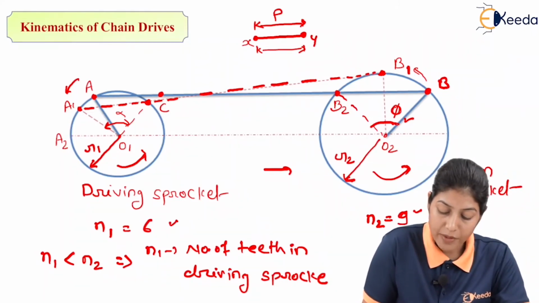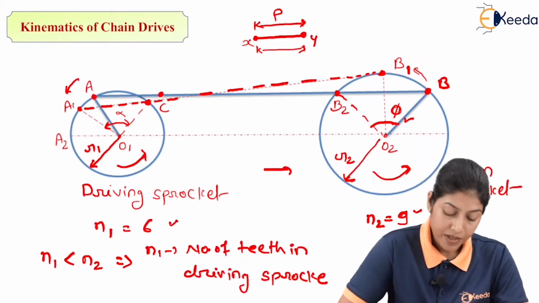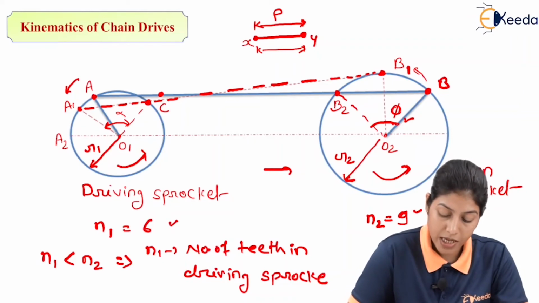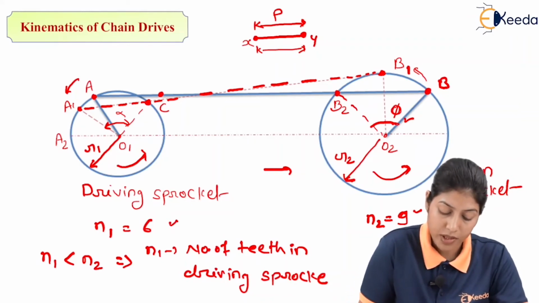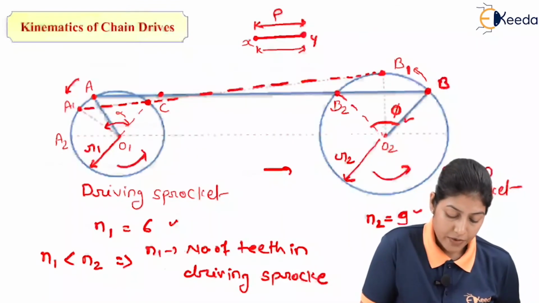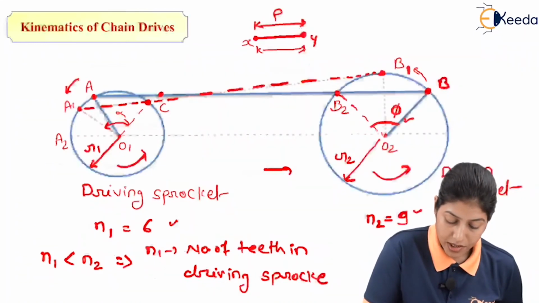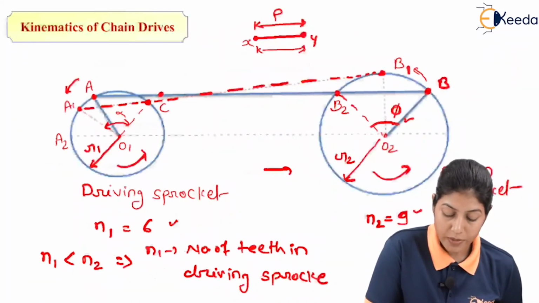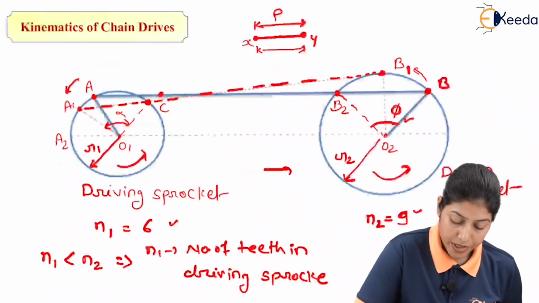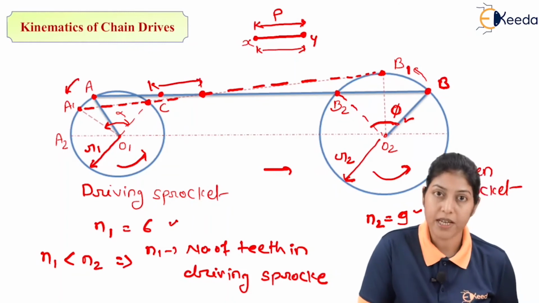So, the angle made by AB with O1, O2 will be the minimum inclination, and CB1 is making an angle with O1, O2 that we will consider as the maximum inclination. So, when we are considering the second position A1, in that condition the line CB1 will be a straight line. Now, from point C there will be another point which is representing another hinge joint. So, this particular length will also be represented as a pitch.